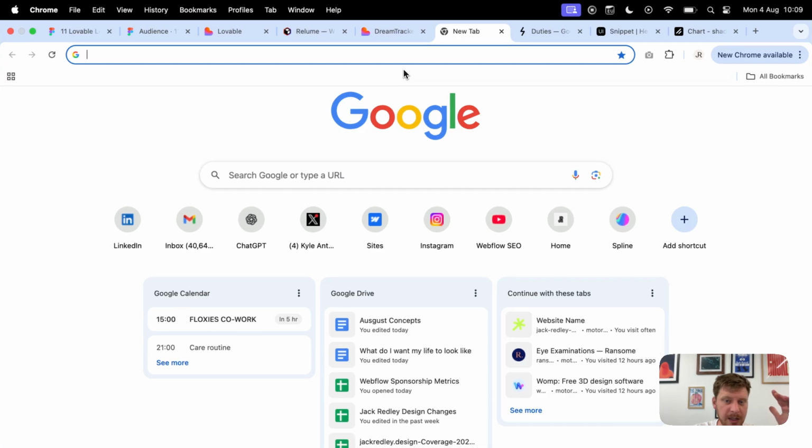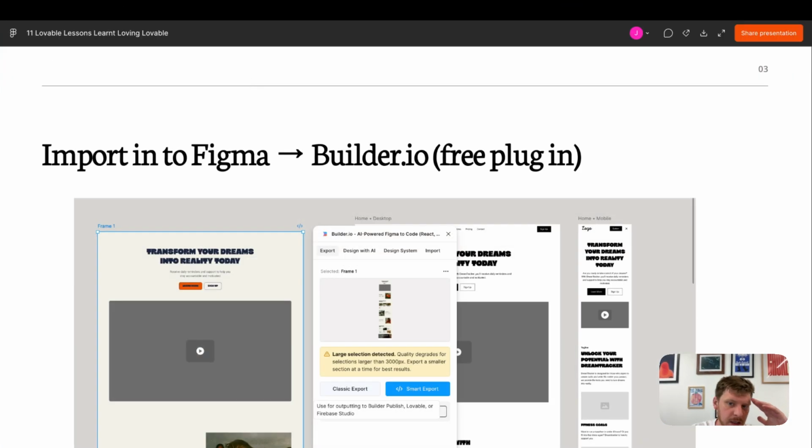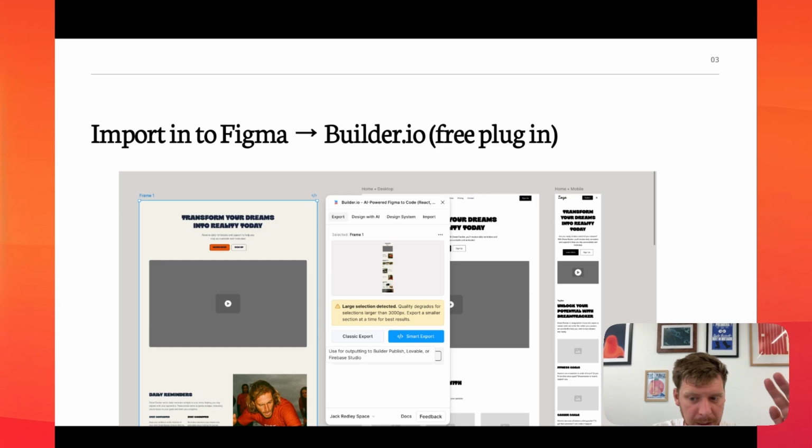Now from Figma, there's this app called Builder.io. It's a free plugin. So you take your design, beautiful, in Rayloom, you export it to Figma, and you do some last tweaks. Now from Rayloom, you've got something that's fully responsive. It's got desktop, mobile, whatever, it's good. Then link that to Lovable using Builder.io, which is a free plugin, like I say. That will link to Lovable. It will build out your design and create a working prototype with some prompting.